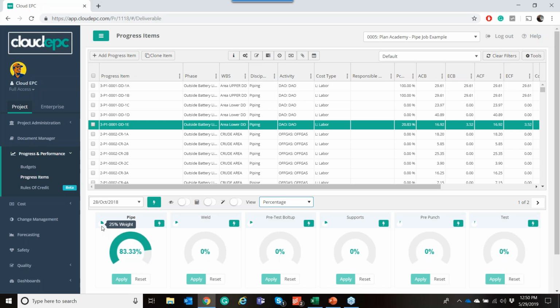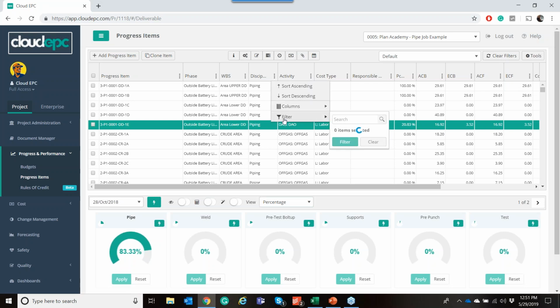83.3% complete, and then doing the weighted math on that, where 83 times 25 on a sum product basis means on the overall we're 20.83% complete. So in this case, we had 17 approximate hours on there, and 17 times 20% is 3.5 earned hours. And we're effectively doing the same math that you were seeing on those other complicated spreadsheets, except instead of